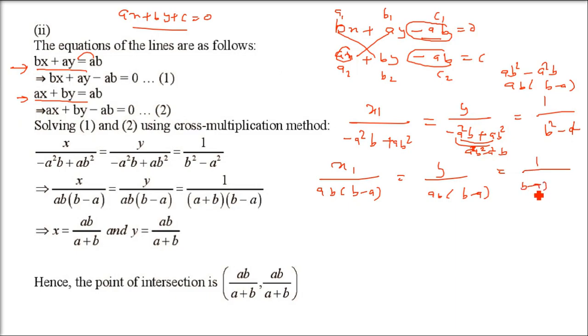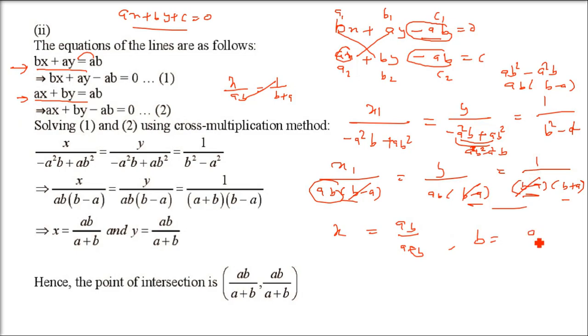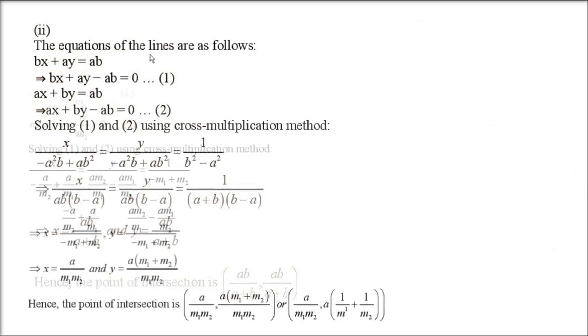1 by x square means x square minus A, y square is x minus y, x plus y. So now in the denominator, B minus A is common, so cancel it. Eventually it will cancel if you don't cancel it here. x will be, we will equate this with 1, means the first and last one. So x by AB equals 1 by B plus A. So x becomes AB by A plus B. Similarly, this y will be AB by A plus B. It's not B, it's y. So x and y are here.